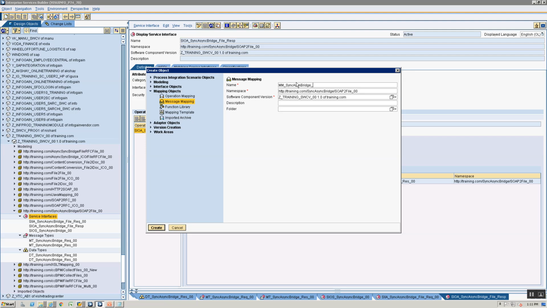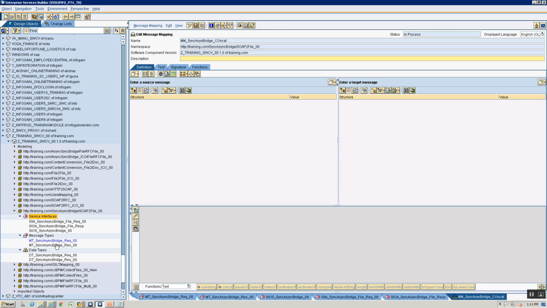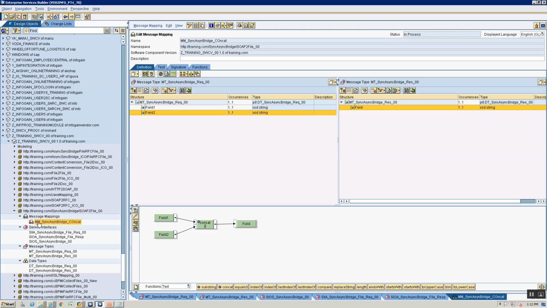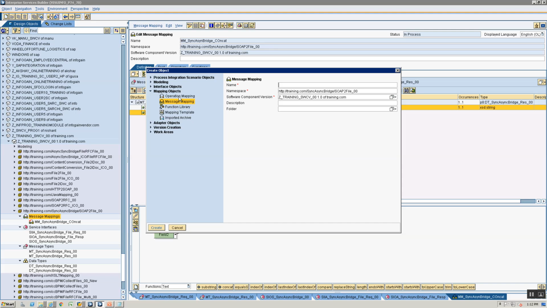Let's go ahead, create a mapping, and the mapping is going to be Sync-Async bridge underscore file concat. Alright, so my request is going to be the request structure, my response is going to be my response structure, and here I'm going to just concat field 1 and field 2. Alright, so I'm just creating a mapping. So this mapping is going to concatenate the data. Now I'm going to create an operation mapping as well. So OM, let's call it